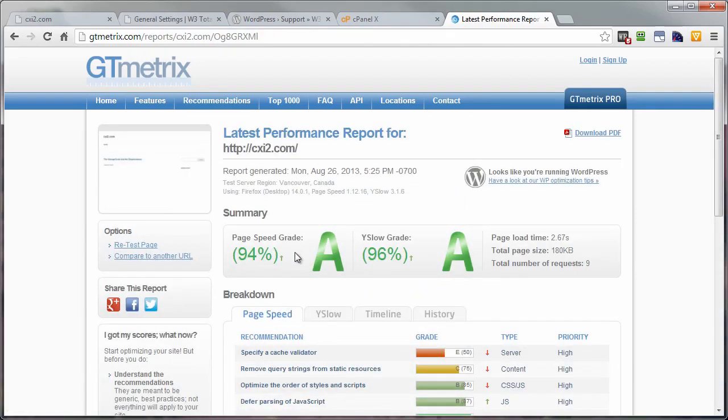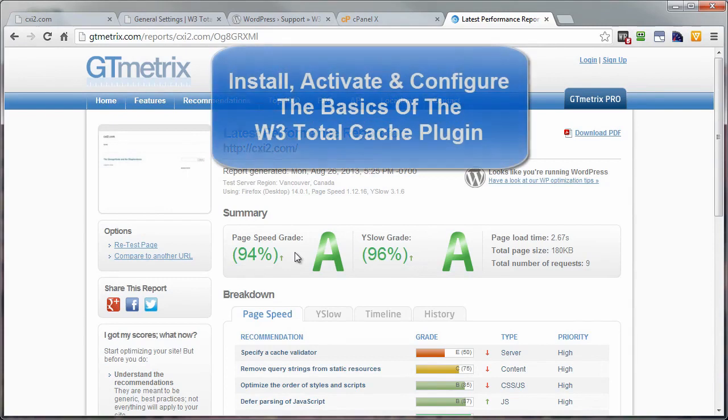How's that for an improvement? And that is how easy it is to install, activate, and configure the basics of the W3 Total Cache plugin. That's going to bring us to the